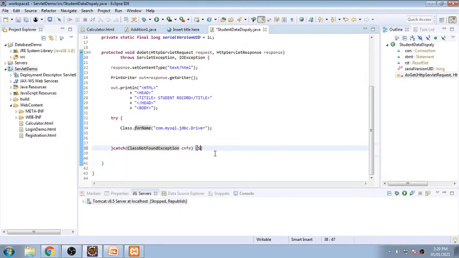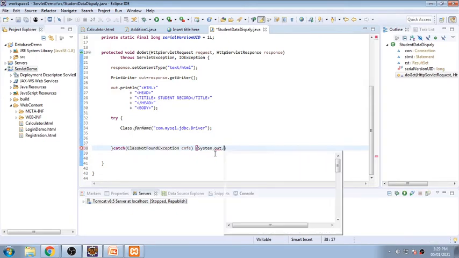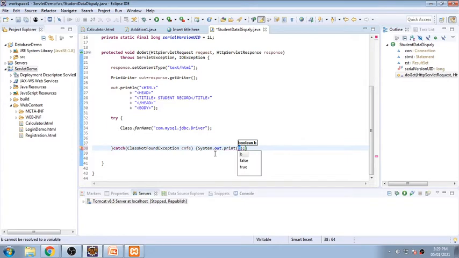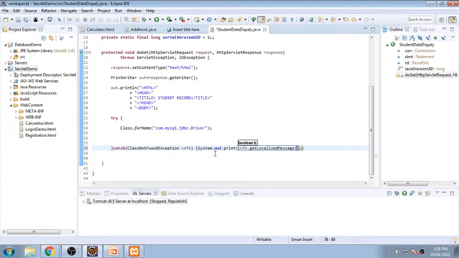So it is nothing but System.out.print, and we'll be giving the name of the object, CNFE.getMessage. So the console will be displaying a message. This is the function that will be handling the exception being thrown by this class.